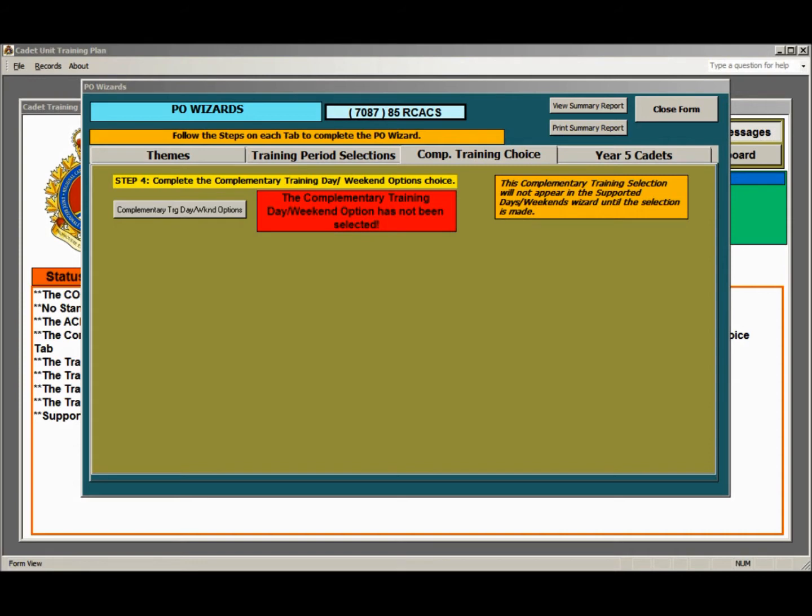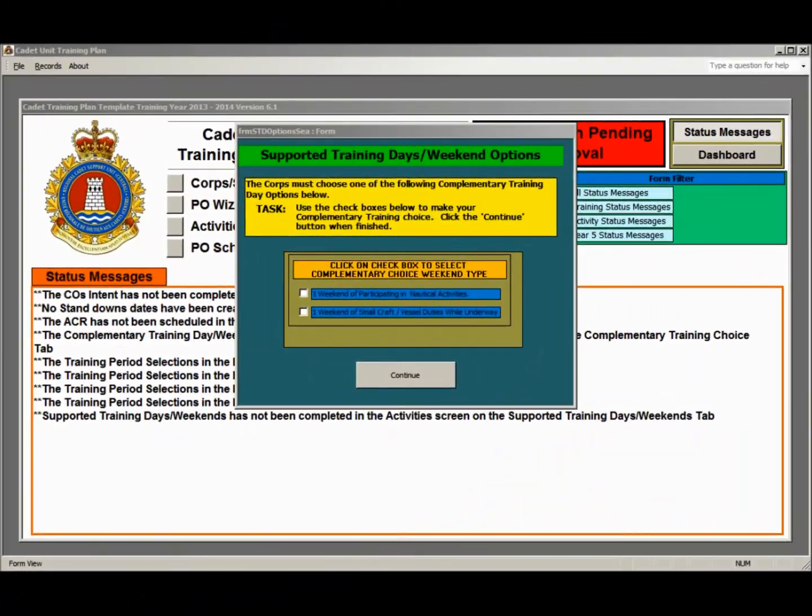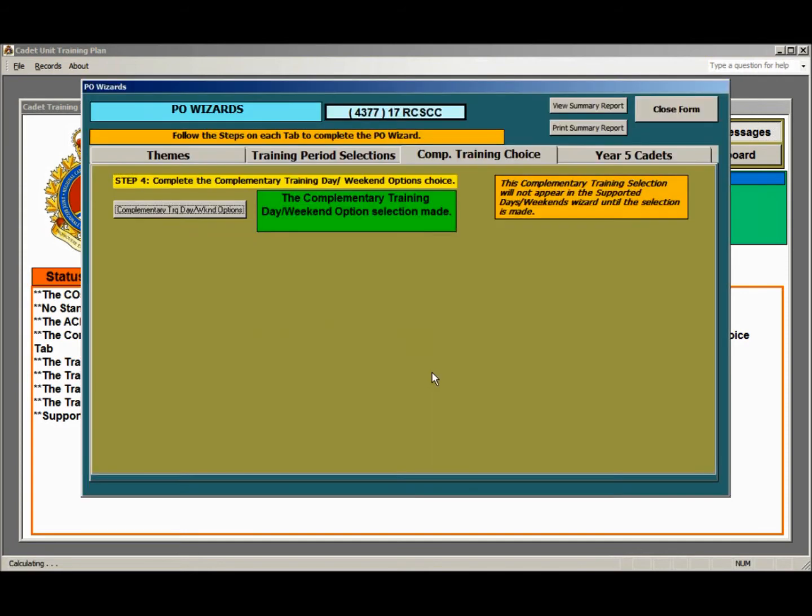In order to access those complementary training choices, you click on the Complementary Training Day or Weekend Choice Options button. Here are the complementary training choices for the C element. The choice is 1 weekend of participating in nautical activities or 1 weekend of small craft vessel duties while underway. You simply make your choice, either option, and click Continue. Once that selection has been completed, the complementary training day weekend option selection indicates that it's been made, and this